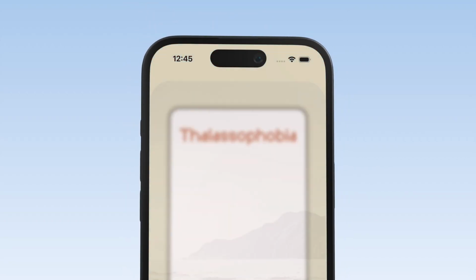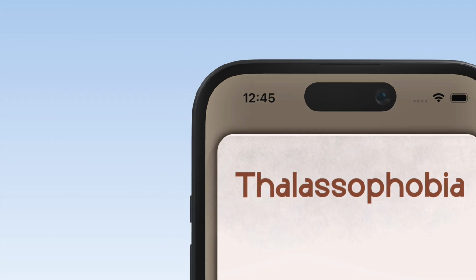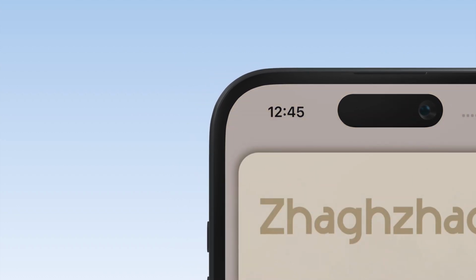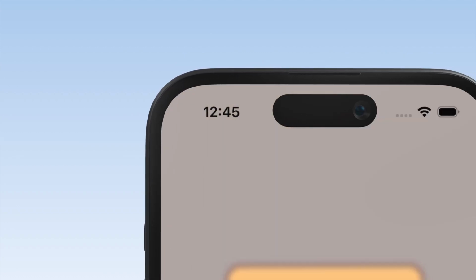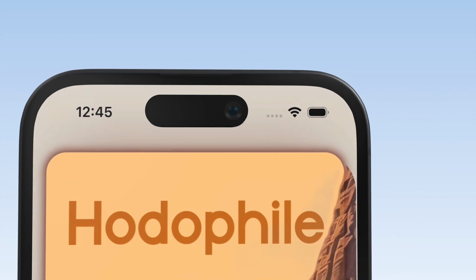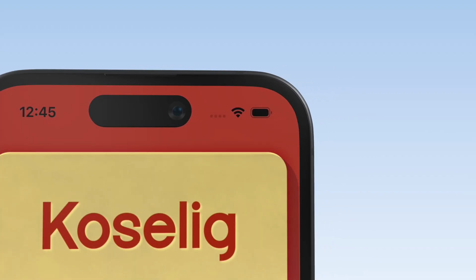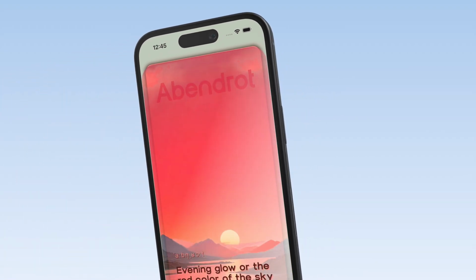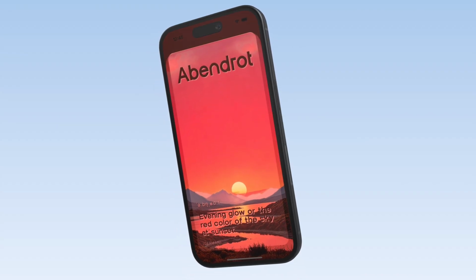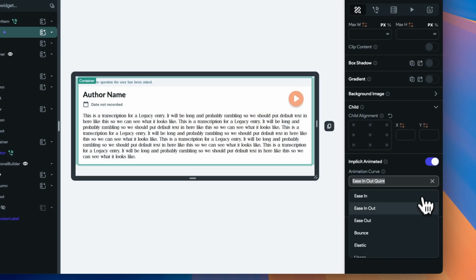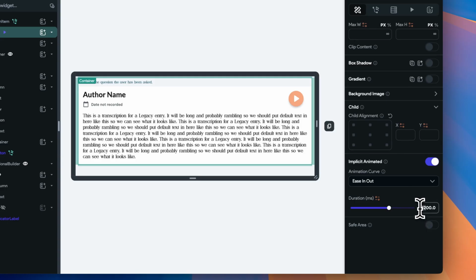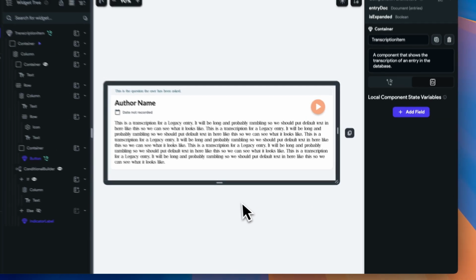For example, imagine a card evolving its color as the user hovers over it, or even adapting its color to align with an image that's contained within the container. This creates a sense of flow without overwhelming the screen. In Flutterflow, the easiest way to apply an implicit animation is to a container. Select your container widget, define some property changes over time, and let Flutterflow handle the smooth transitions for you.